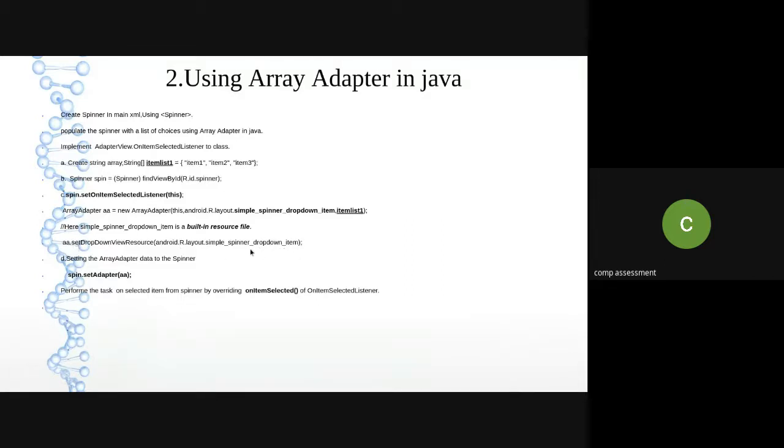So in order to show the drop down list, we have to use the setDropDownViewResource method of the array adapter. And after setting this as a drop down list, obviously that array adapter data I want to link with my spinner. So we have created an array adapter object, then that array adapter object I want as a drop down list.